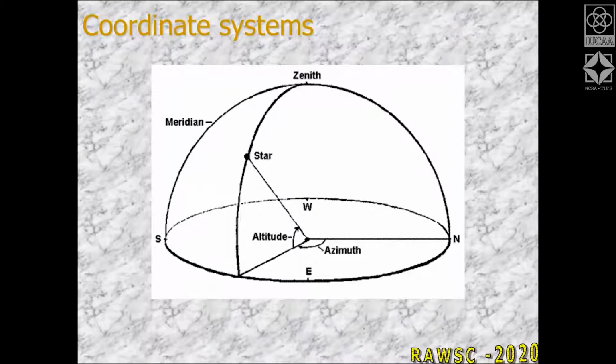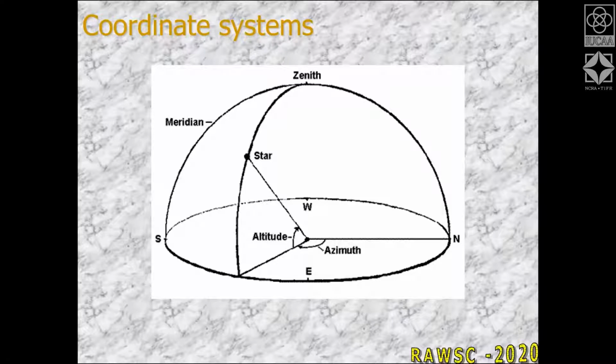Again, you have to define a direction, right? What is positive and what is negative. All positive angles will be towards the east. So this is typically the alt-azimuth coordinate system which we are discussing. Now this coordinate system has some problems. Can anyone tell me what problems this coordinate system will suffer?